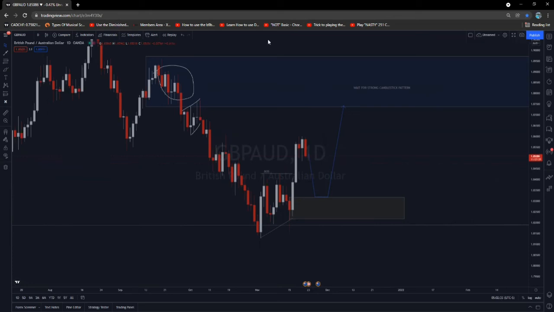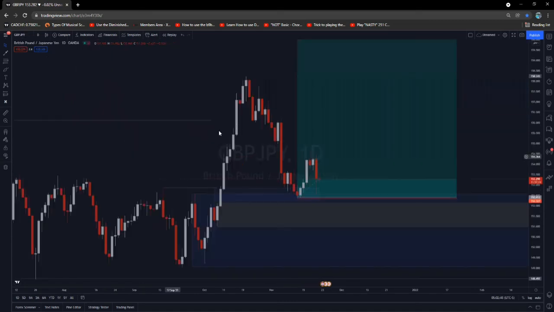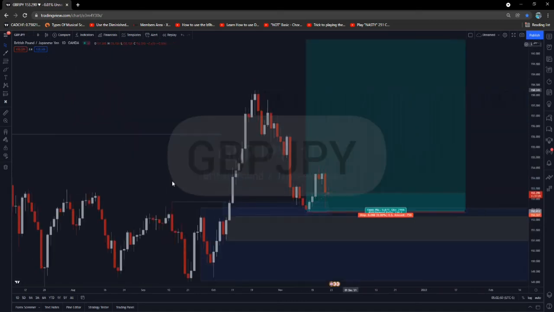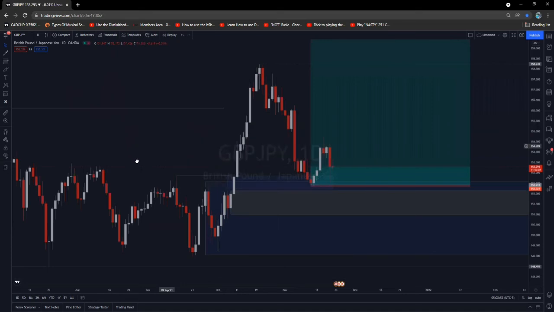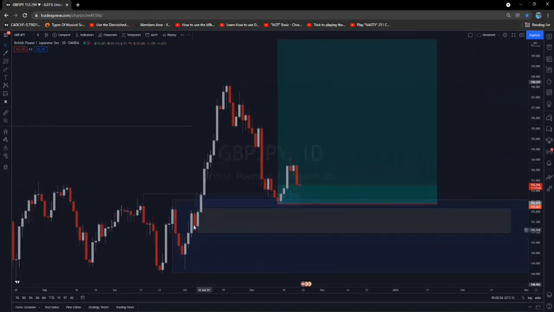Let's move on to our final pair. On GBPJPY, this is what I'm seeing. Now we had the strong move. We were anticipating this movement and we were able to catch it. We're able to move stop losses back to break even. And now the market is reacting off of this opposing supply,